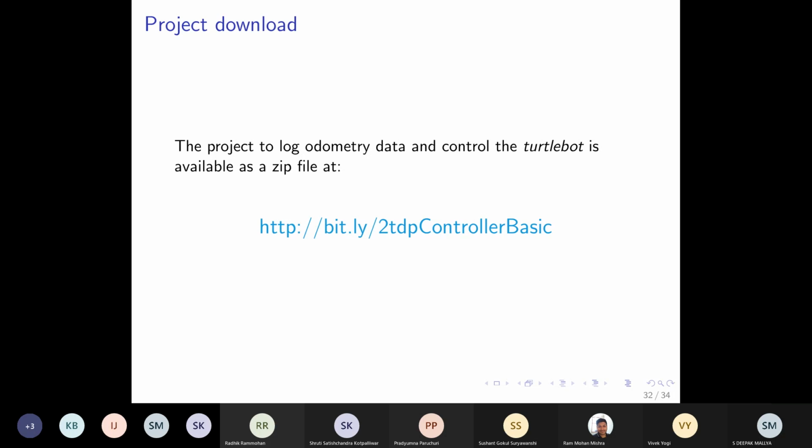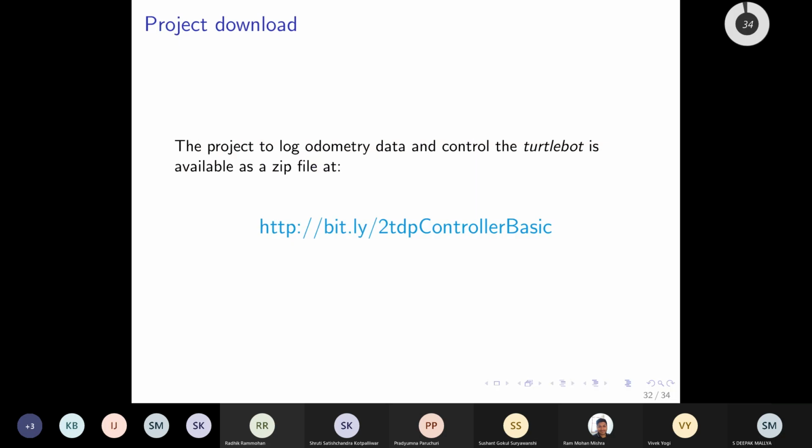In this link is a project which you can download, and you can just run these scripts. This project contains the script files which I am showing you here, and then you will be able to control the robot.